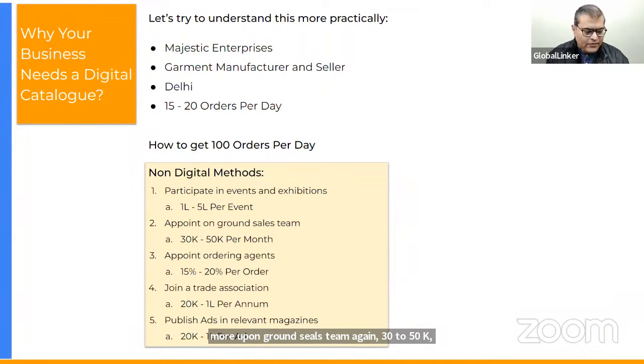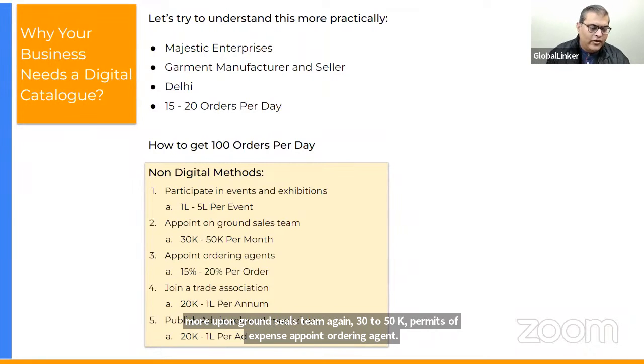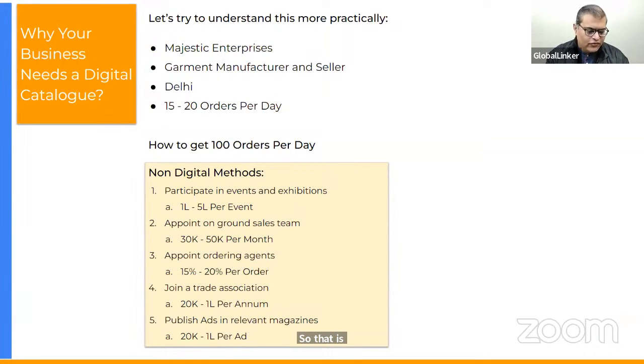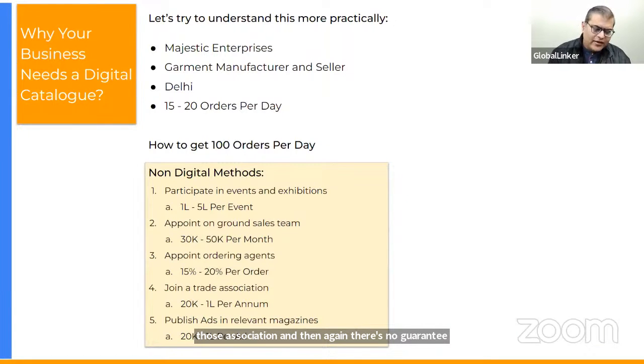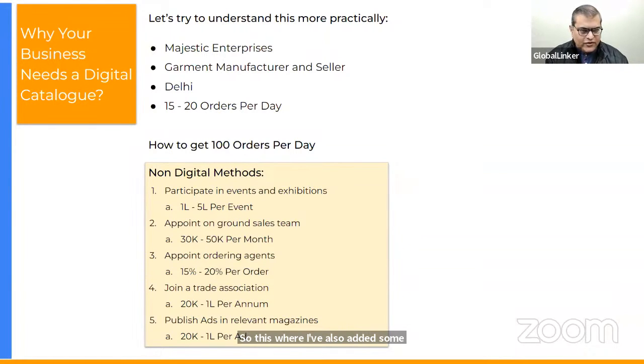So that is where, again, 15 to 20% goes to joint trade associations, depending on how much their fees are. And then again, there's no guarantee that you'll get orders, and then publish ads in relevant magazines, etc. Again, it will cost around 20,000 to 1 lakh. So this is where I've also added some cost. Now these are not specific ones, but averages. So you can imagine that all of these initiatives are doable, but they are all costing a